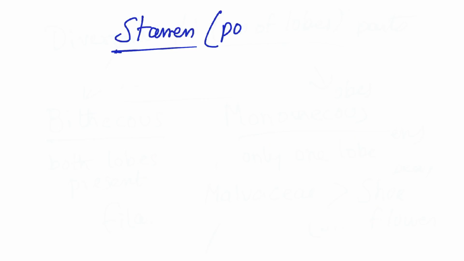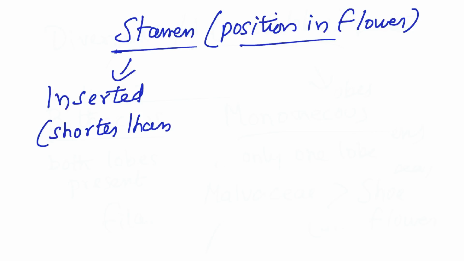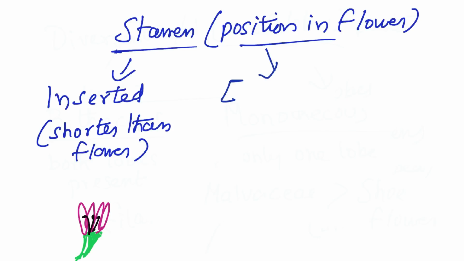So we are going to the second criterion on which the stamens are divided, and this criterion is on how the stamens are staying with respect to the other floral parts. So here also we have two divisions. The first one is called inserted. It basically means that you can't see the stamens from outside, in the sense that the stamens are located at a lower level than the other floral parts, which means that mostly the petals cover the stamens,